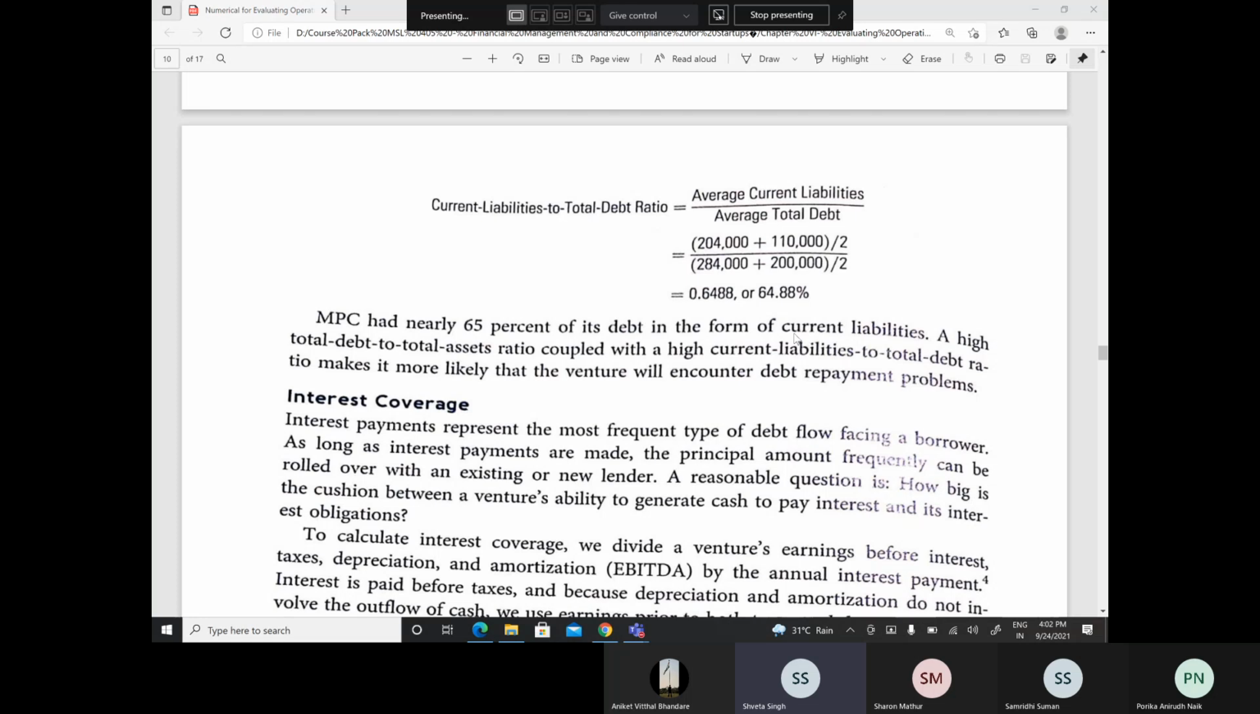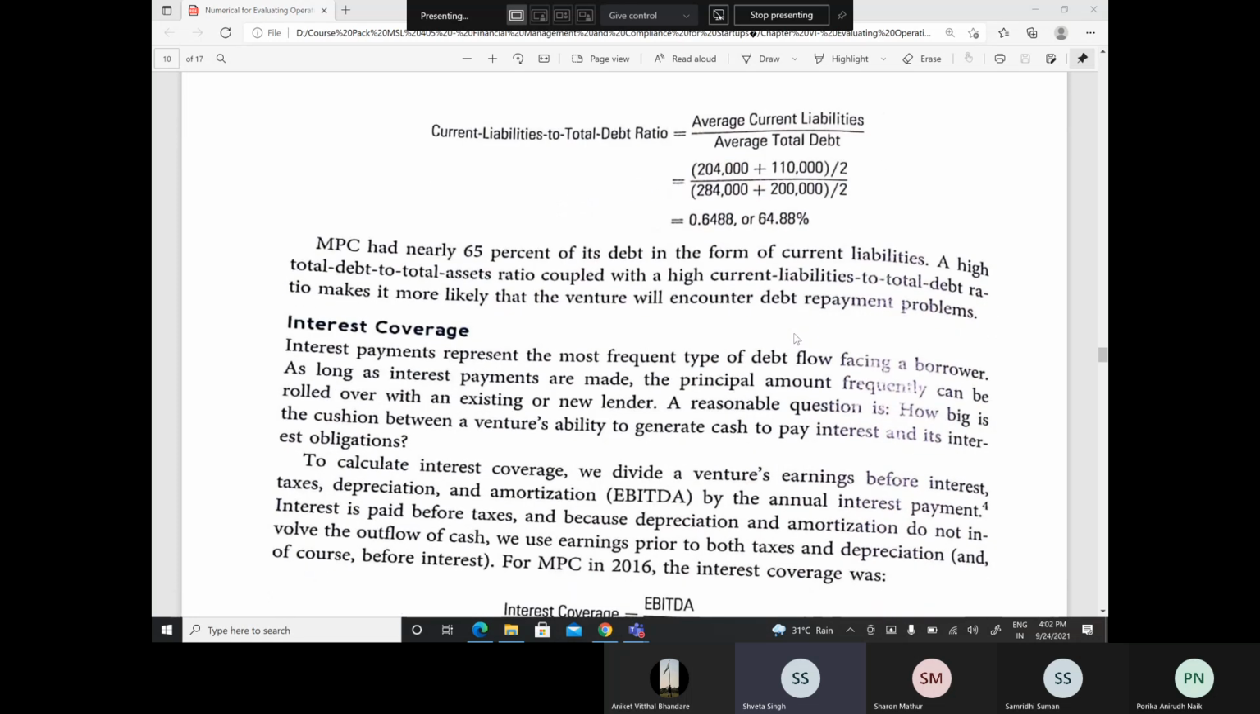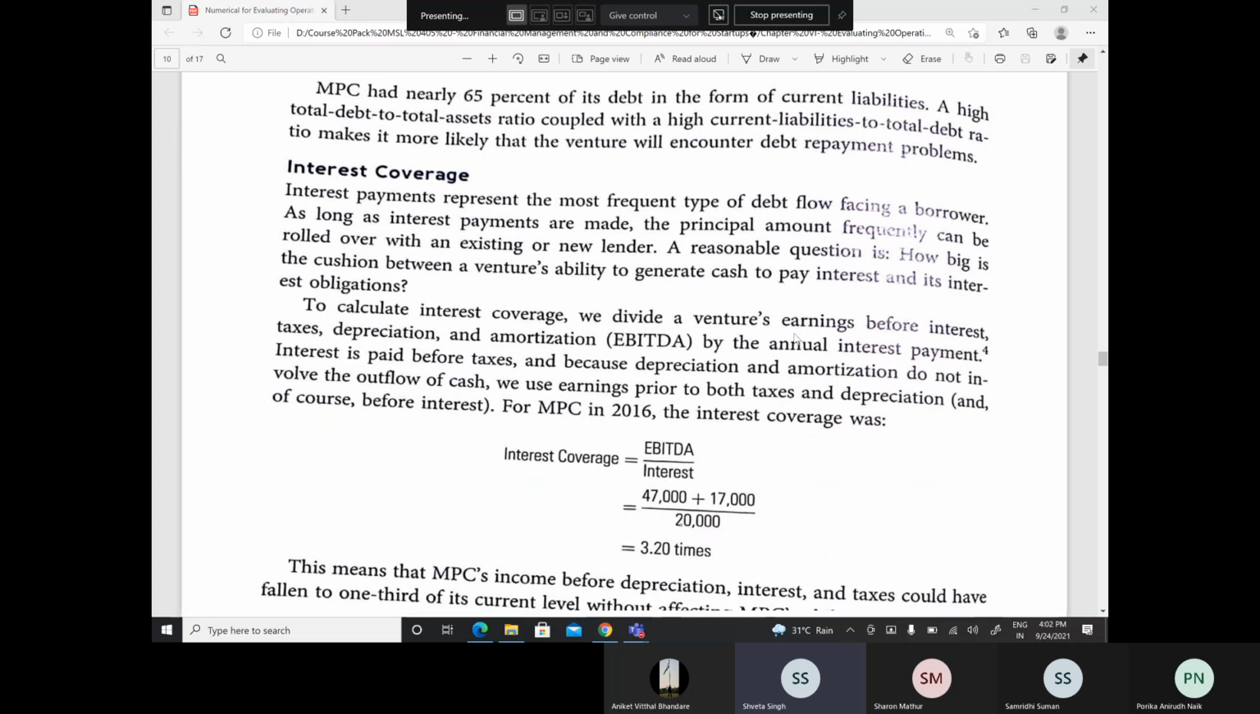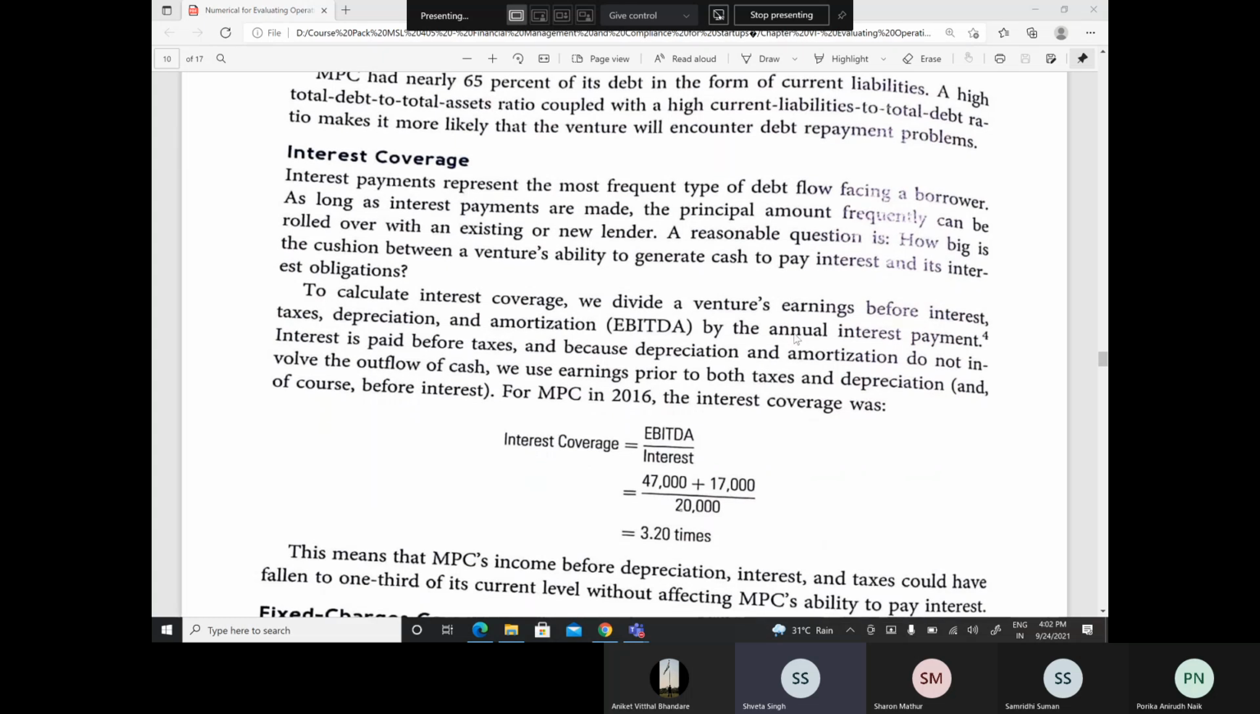Now the other ratios will tell us about the debt repayment capacity or capability that the company has. So the first amongst the debt payment ratios is interest coverage. Interest payments represent the most frequent type of debt flow facing a borrower. As long as interest payments are made, the principal amount frequently can be rolled over with an existing or new lender. A reasonable question is, how big is the cushion between a venture's ability to generate cash to pay interest